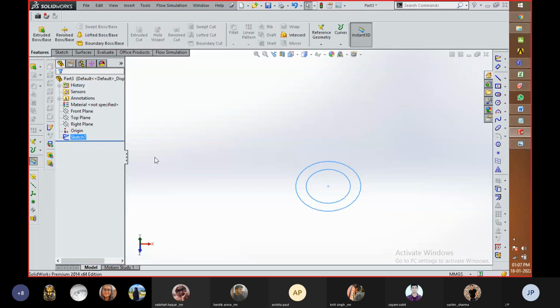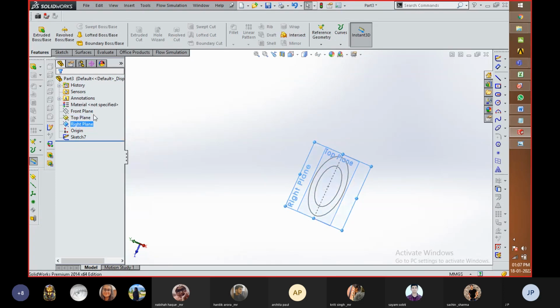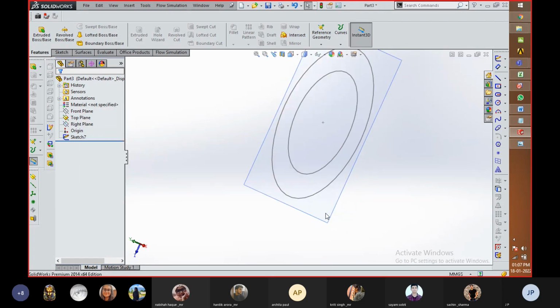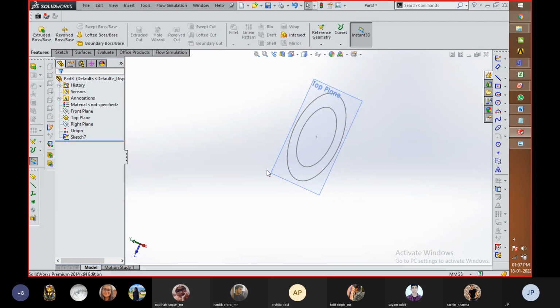Okay. So this was the sketch which we required. After this, the selection of the plane is a very important part. For that purpose, I'm going to show the planes, not all of them, one at a time. If we need to revolve this as per the sketch, we need a line that is going to be revolved about this plane. So for that purpose, we are going to opt for this right plane.